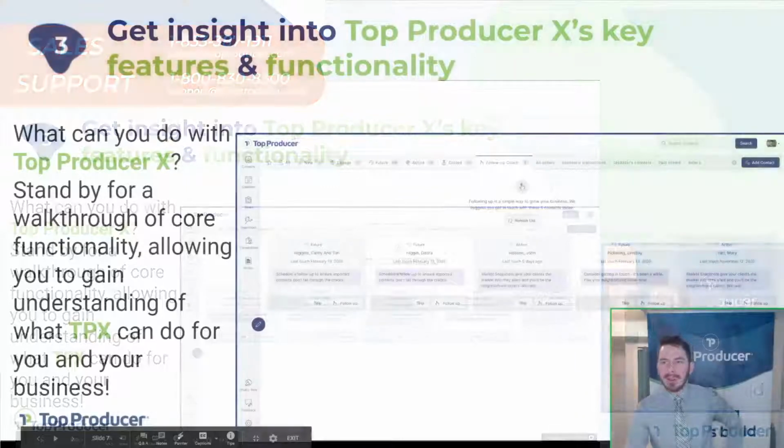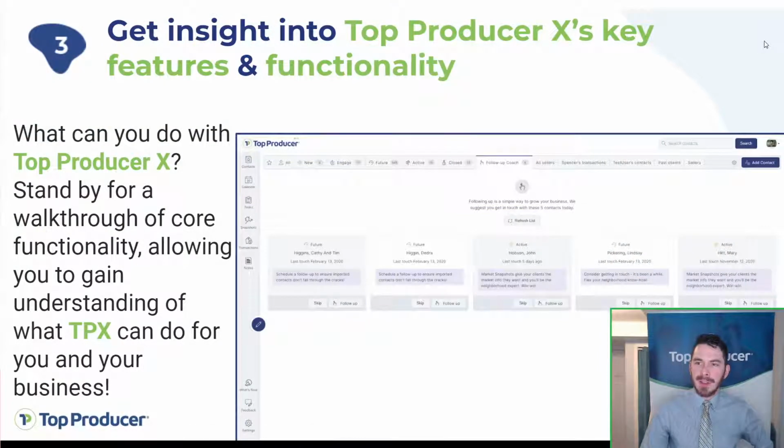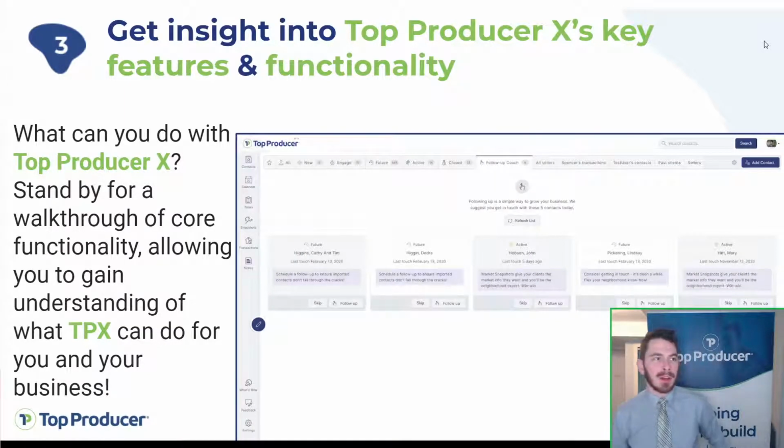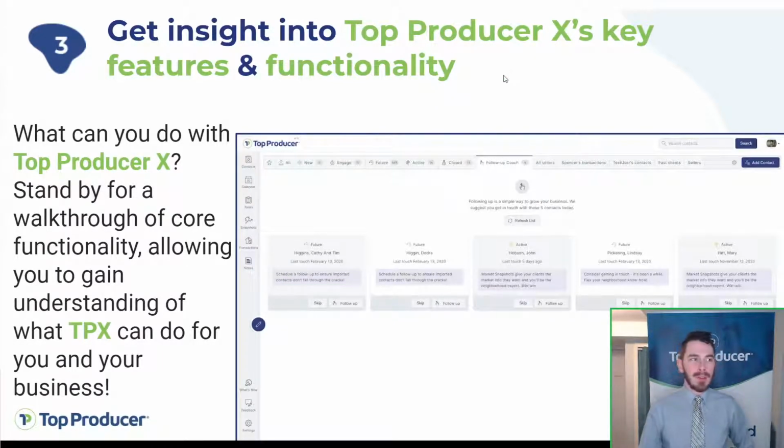So next point here is get insight into Top Producer X's key features and functionality. So what can you do with Top Producer X? Well, we're going to show you a couple key features here that you should be aware of that are going to be essential to day-to-day usage of Top Producer X. And then if you like what you see here, you want to learn more, you'll have tons of options, so don't worry. Like I said, I can't cover everything, but you can always join in for my webinar next week,